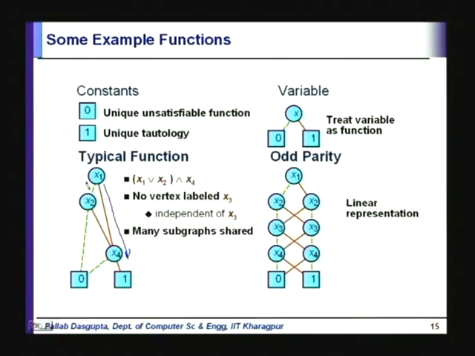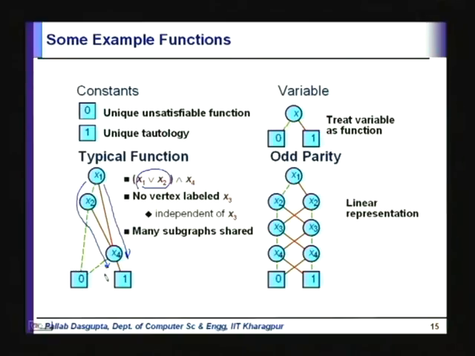If x1 is low, x2 is high and x4 is high, then also it is 1, and it is 0 when all three are 0, right, or if x1 and x2 are both 0, then this becomes 0, so it goes to 0